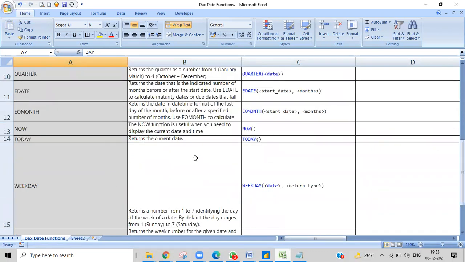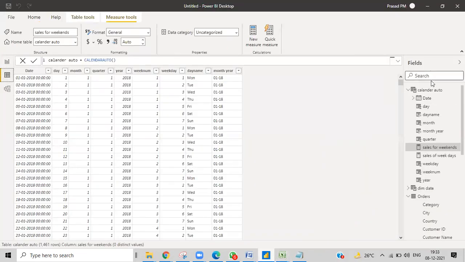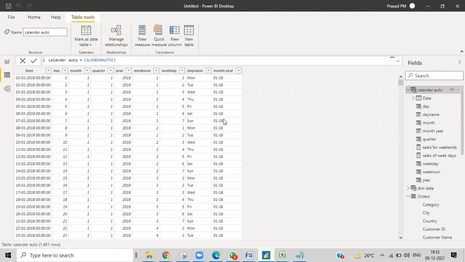Just create a date dimension table, what I told today. Create a date dimension which looks like this, with all these things. Then you can create a lot of things. You have created a month year. I want to create day-month, like Monday-January, and then you can create Q1. I got 1, 2 like this, but I want to create Q1, Q2. How can you create it? You can create a lot of formats.